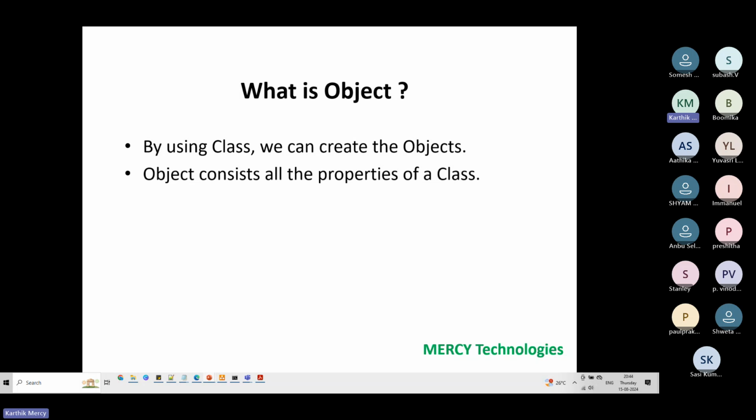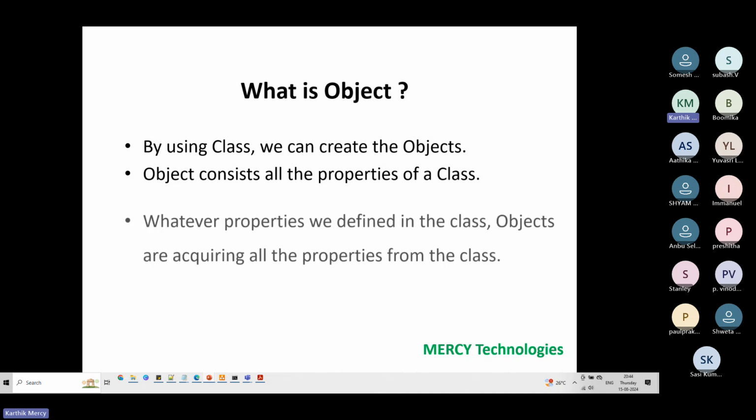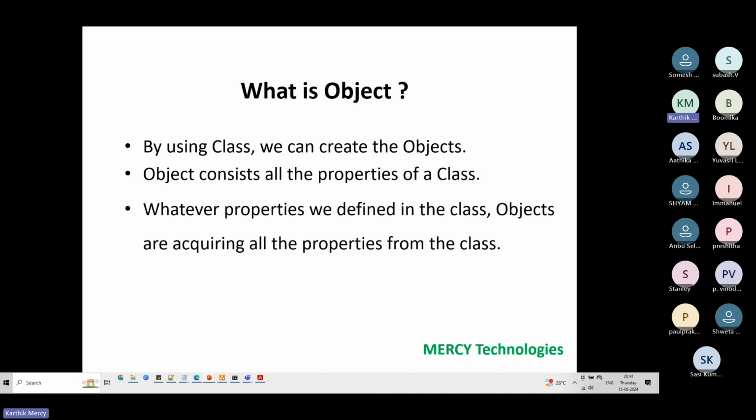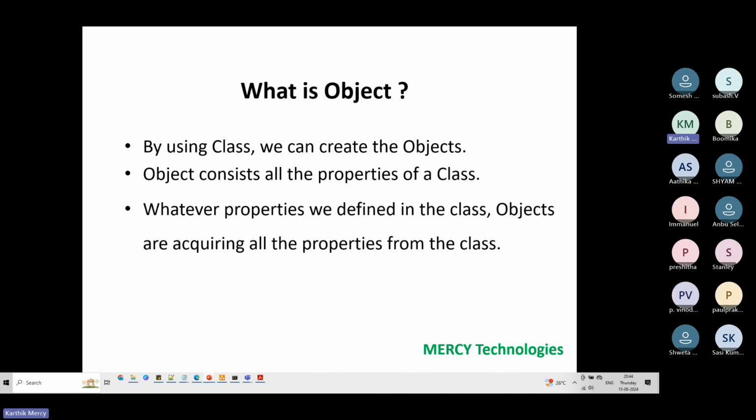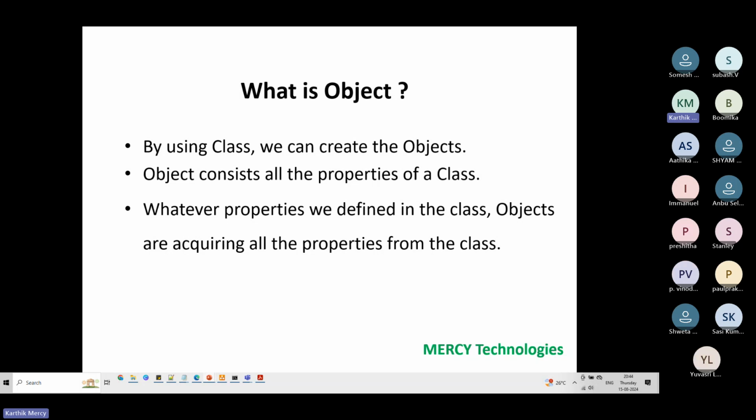Objects contain all the properties of the class. In my car example, I told you that there are some properties like the color, the price, etc. All these become properties of the class. Whatever properties we define in the class, the objects acquire all of those properties from the class. So whatever we define in the class only, those properties will be taken into the objects.